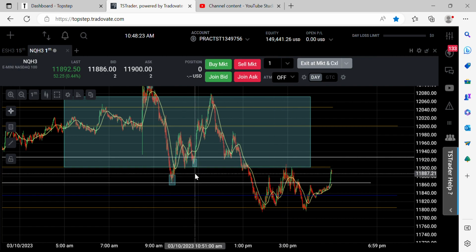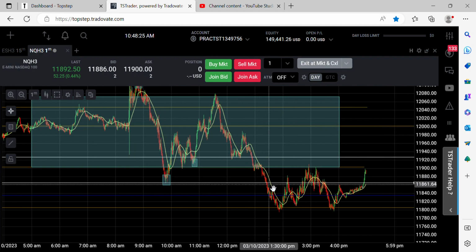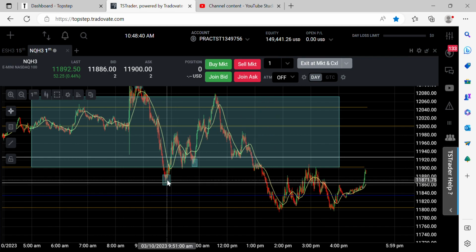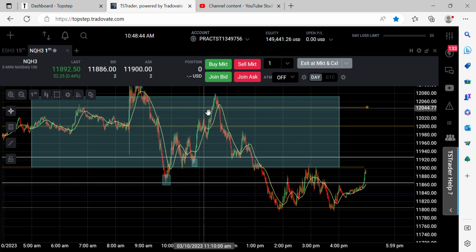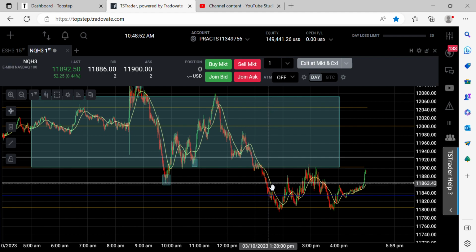Now here we started a little bit of a move. And I know in the 1 minute it doesn't look too crazy, but if you look at here, you're at 65, right? There's 5 points, 10 points, and it just adds up. If you have 2 contracts on 20 points, if you make this trade here, guys, you're 864 all the way up to 2048. I mean, get out of town. You're done for the day. If you believe it's coming back down here, which I did,